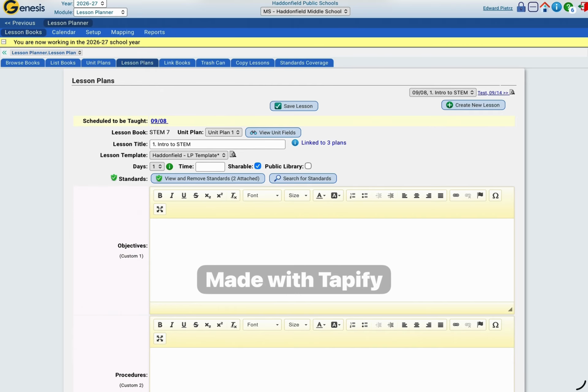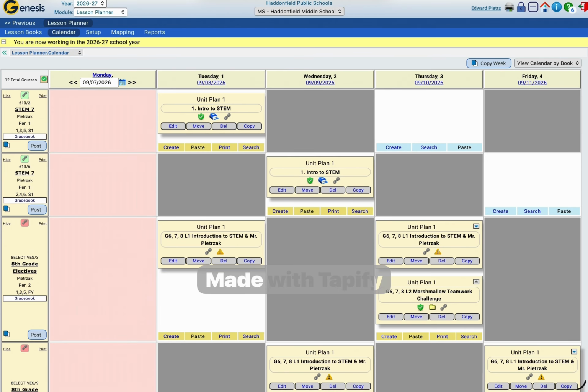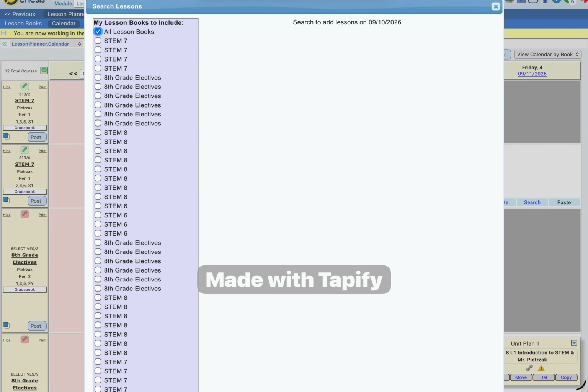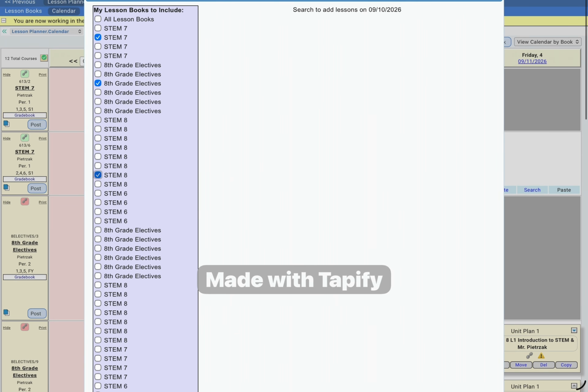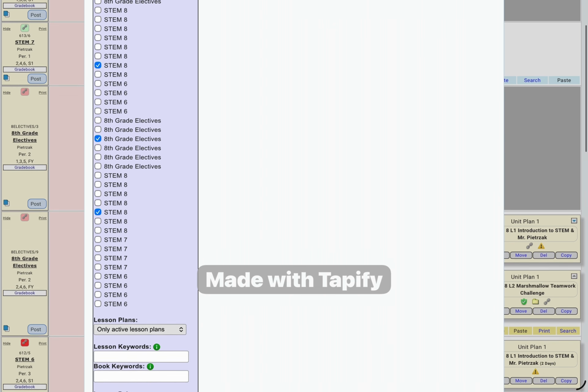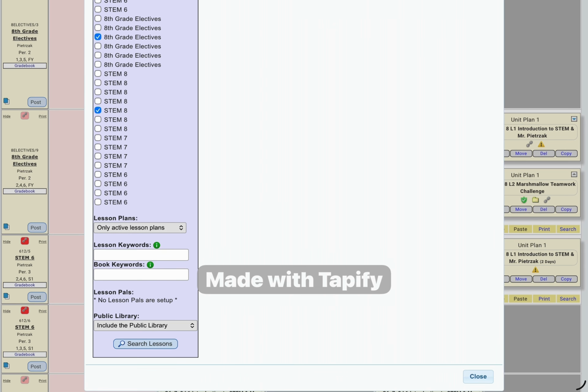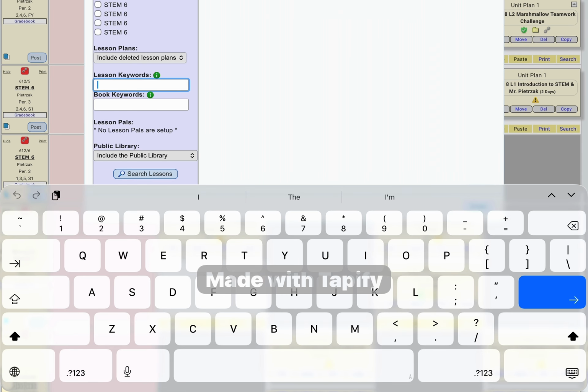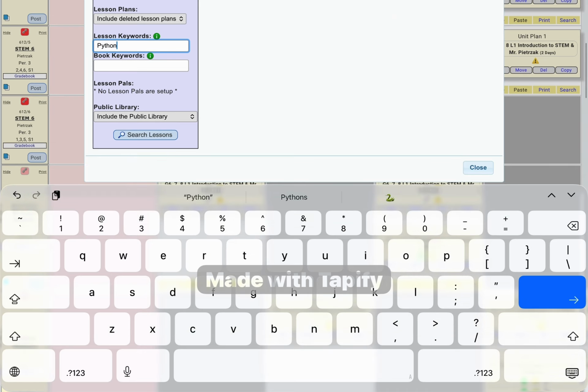Okay, so if we go back to the calendar now, we click the calendar button. Now, instead of create, we can click the search button. You're not going to have any lessons in here yet, but once you start to have lessons, so here are all my courses over time, I'm going to click a few, and I'm going to change lesson plans, only active lesson plans, to include deleted lesson plans. And maybe I want to find one of my lessons that dealt with Python coding. I'm going to click search lessons,